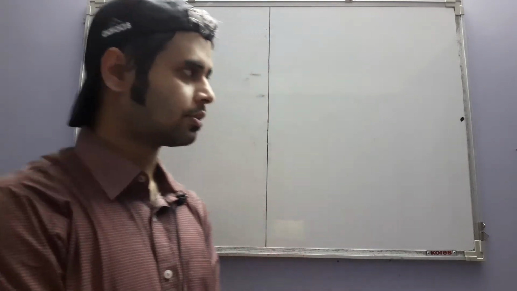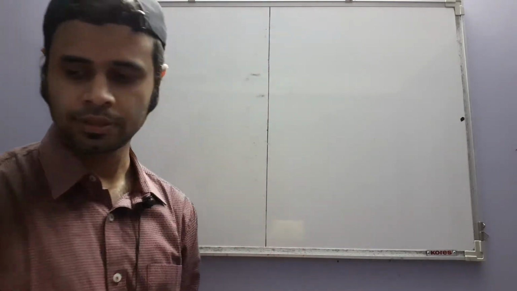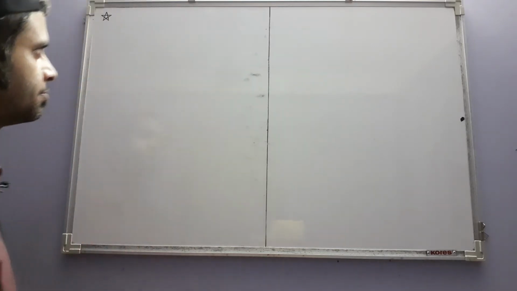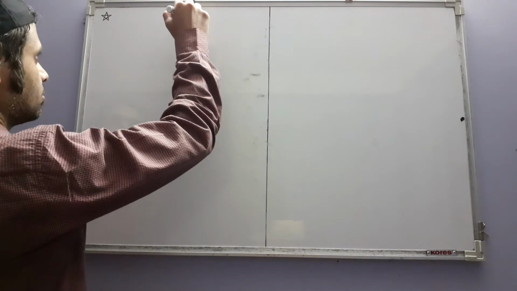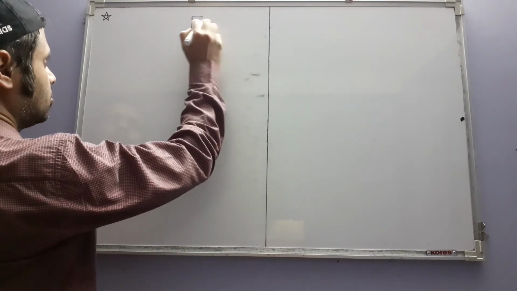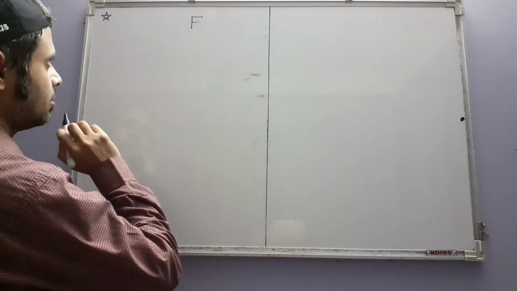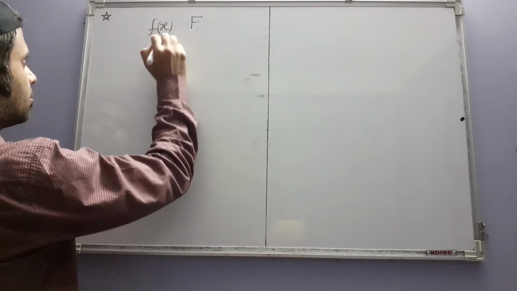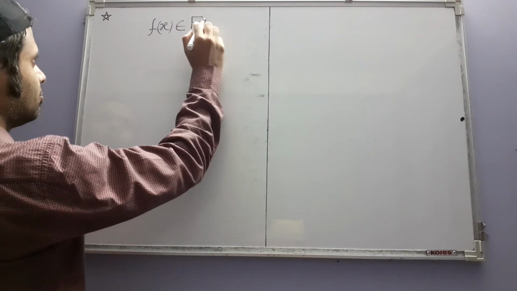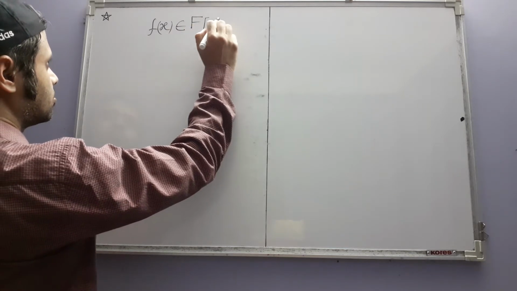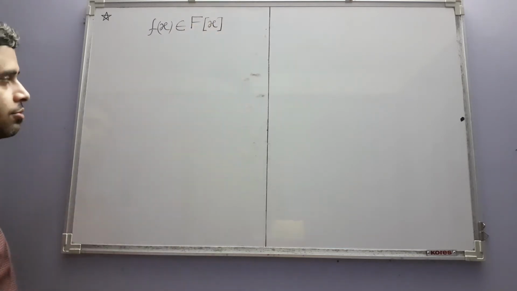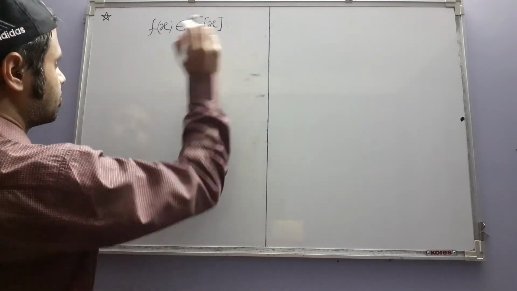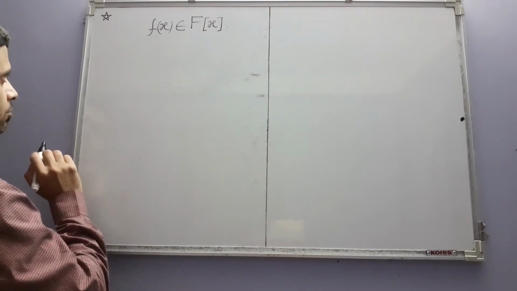Okay, so let us recall what we were doing. In fact, what the last point was. We considered a field F, any field, and we considered a polynomial f(x) over F, a polynomial f(x) in this polynomial ring F[x]. We have managed to prove already